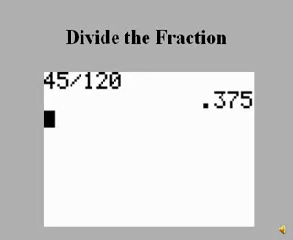As soon as you get that result, 45 divided by 120, you will see, after pressing enter, it gives you 0.375, which is the decimal equivalent of 45 over 120. And that can now be changed back into a fraction. The calculator has the capability of going from fraction to decimal and decimal to fraction. Fraction to decimal is just simply divide the fraction out. But if you want the calculator to actually change that decimal 0.375 back into a fraction in its simplest form,